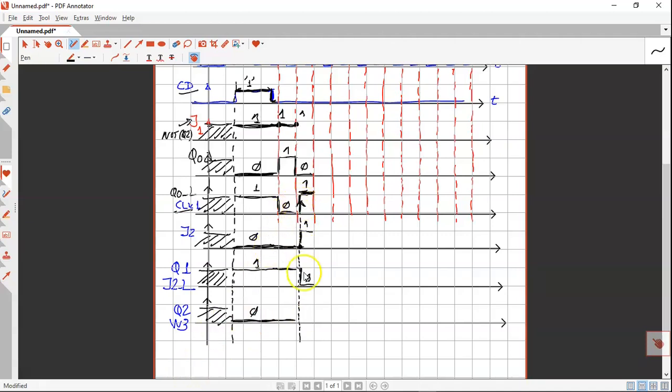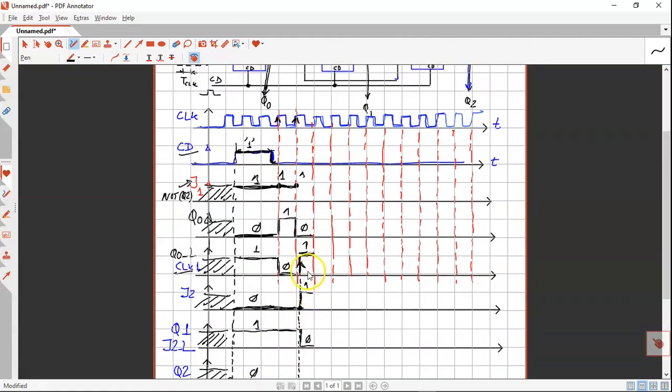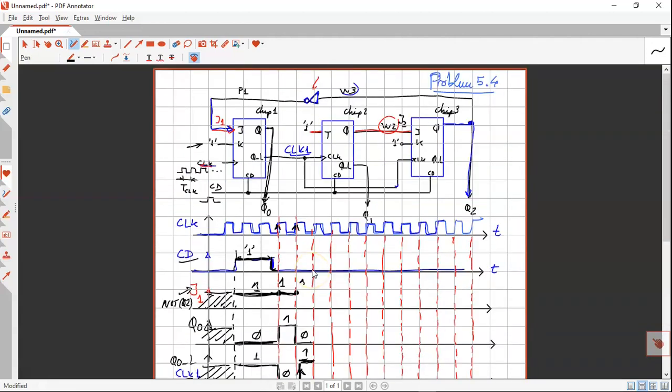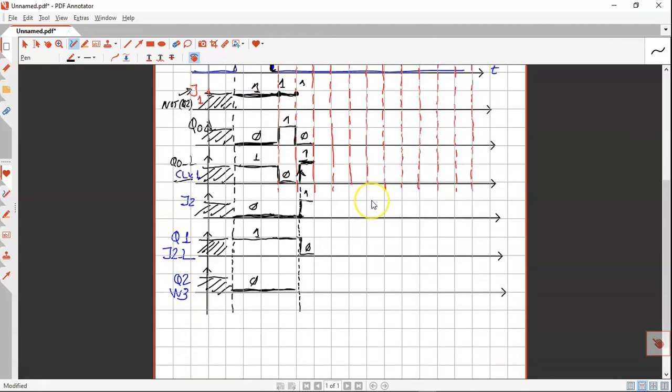This applies as well to the third flip-flop, and here you have to be careful. You see, the third flip-flop is sampling, because it is the same clock, this value J2 at the same time as this one here is sampled, okay? And this means what exactly? That this is sampling J2. So what is the value that you are going to sample? A 0, right? So you can color that in a different color, like a 0. You see, you are sampling a 0 here. All right? And because you are sampling a 0,